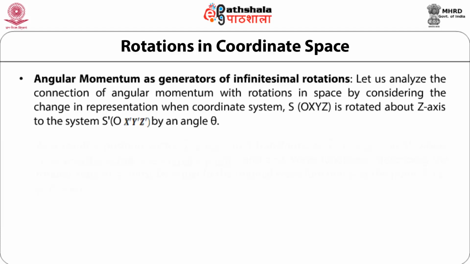That means that supposing we have an original coordinate system denoted by S, having its origin at O and having the coordinate axes x, y, and z, and if this coordinate system is rotated through an angle theta about the z-axis so that the origin remains unchanged, and the new coordinate system S prime is denoted by the coordinate axes x prime, y prime, and z prime, where z prime and z are identical, then for